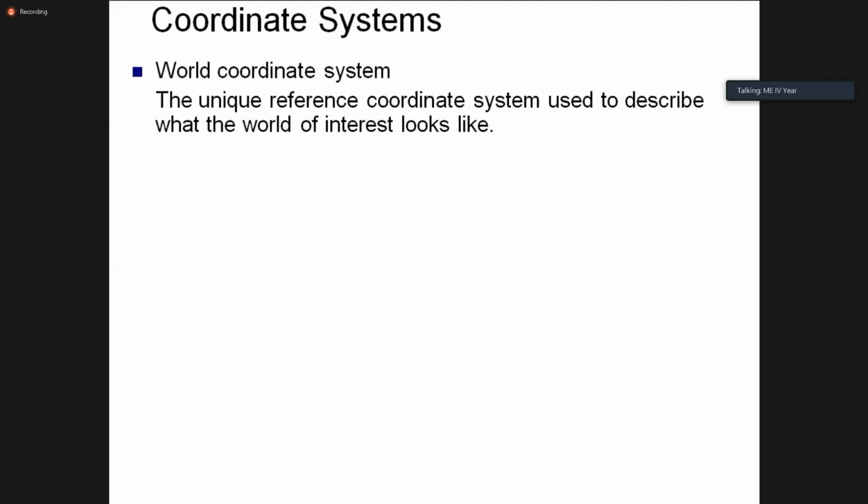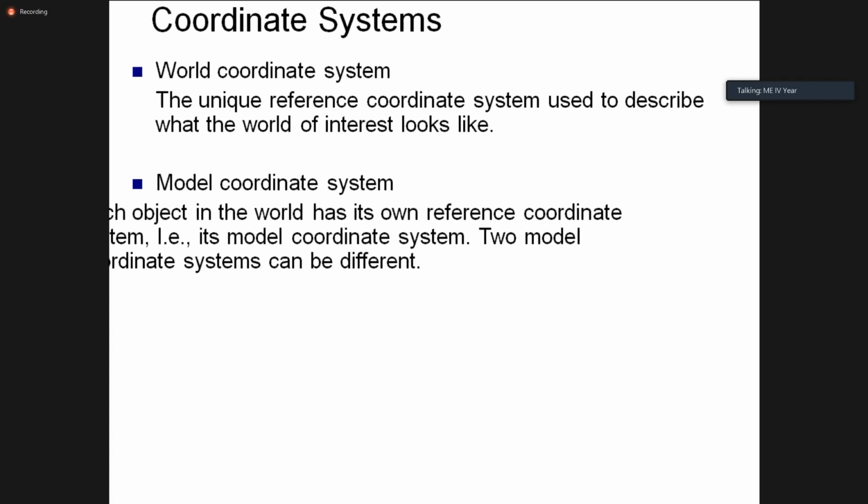The unique reference coordinate system is used to describe what the world of interest looks like. So if you want to use only one common coordinate system, which is precisely used by society, that is said to be the world coordinate system.